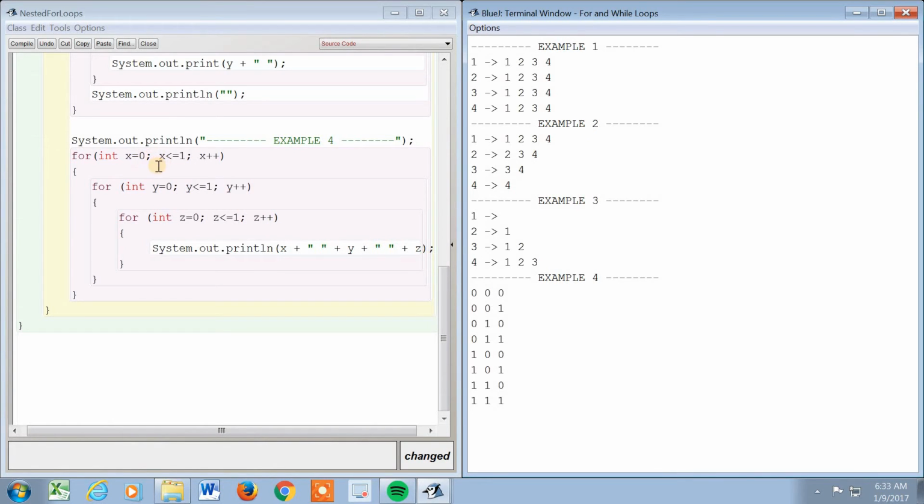Again, they each start at 0, so x is going to be 0, y is going to be 0, z is going to be 0. It prints everybody as 0. That's my first line. And then it does the inner loop until it's done. So the inner loop will go 0, 1. So again, I have 0, 0, 1. When the inner loop is done,